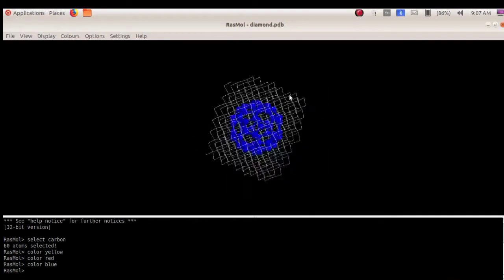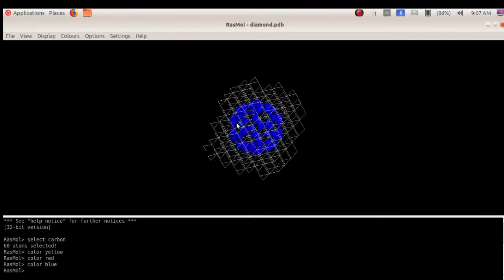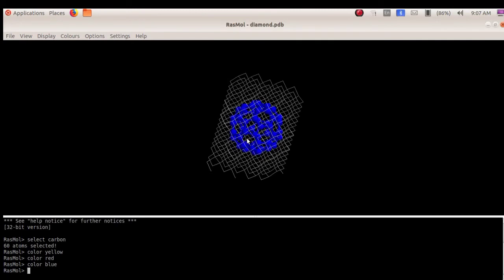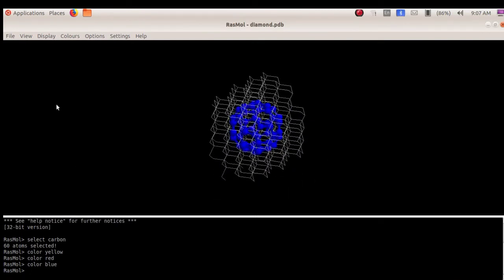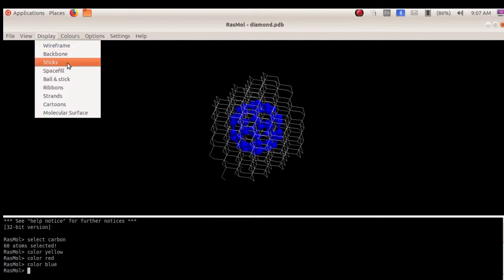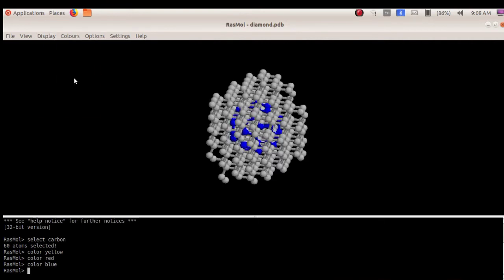Here you can see diamond.pdb. This is also in the wireframe model, so you have to change the model to ball and stick by clicking on display, ball and stick.